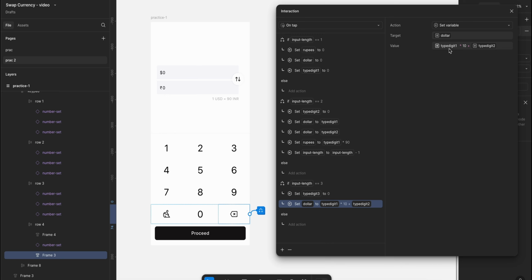multiplied by 10. Why are we multiplying by 10? Because we want to change it into a double digit, which is similar to what we did in the adding conditions. Similarly we do it in the minus condition, to change 3 items to 2 items. For 2 items we multiply by 10. And why type digit 1? Because type digit 1 is always the first. Once the user presses 1, then 2, then 3,